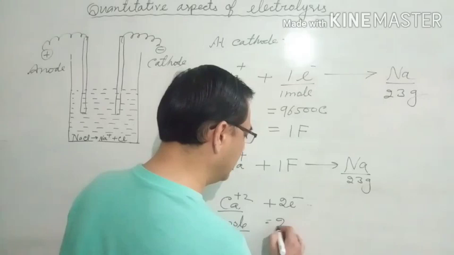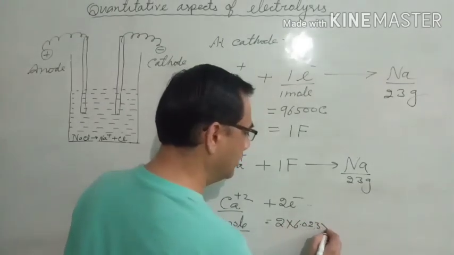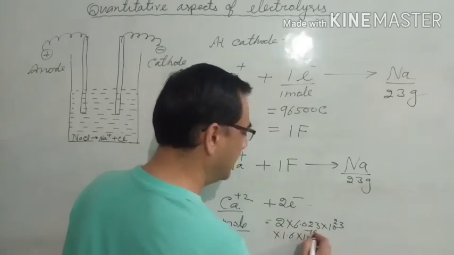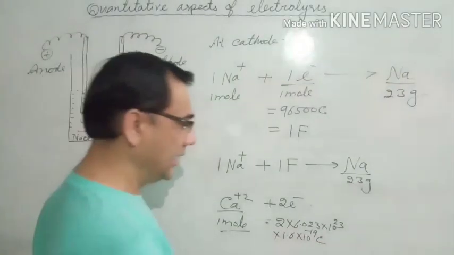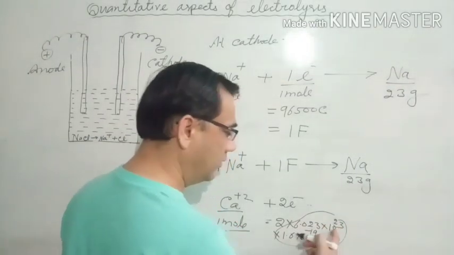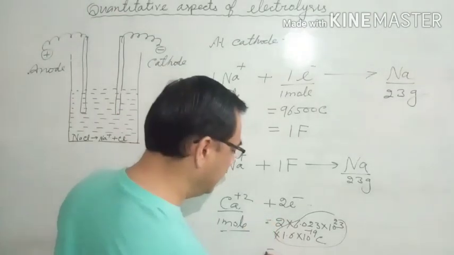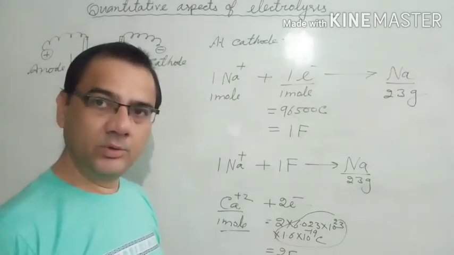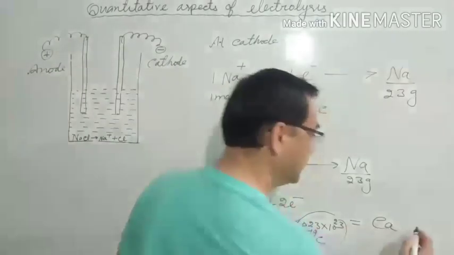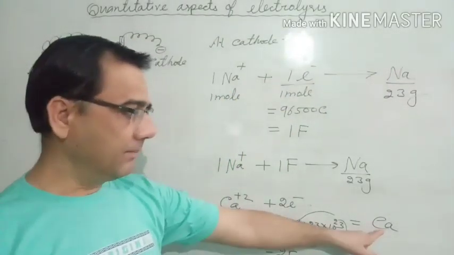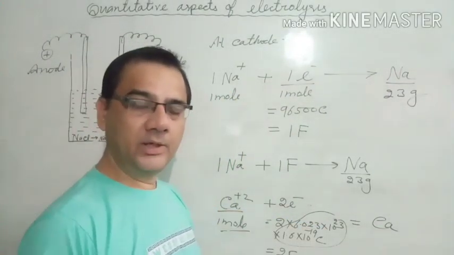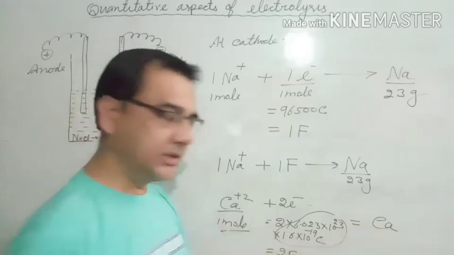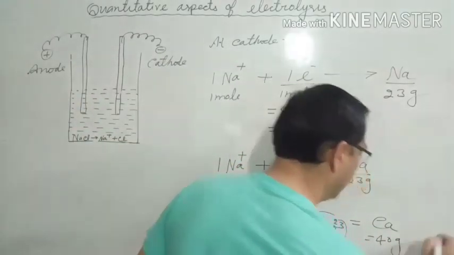So it will be equal to 2 into 6.022 into 10 to the power 23 multiplied by 1.6 into 10 to the power minus 19 coulomb of negative charge. And when you calculate all, this is equal to 1 Faraday. Then how many Faraday? That will be equal to 2 Faraday. And when 1 mole of calcium plus 2 gains this charge, that is equal to 2 Faraday, then 1 mole of calcium will be deposited. And what will be the mass of this calcium? That is equal to 40 gram, because the atomic mass of calcium is 40. So when 1 mole of calcium is deposited, it is equal to 40 gram.